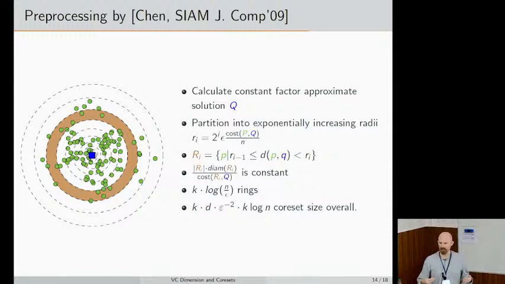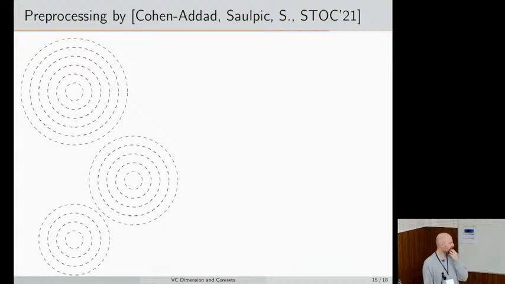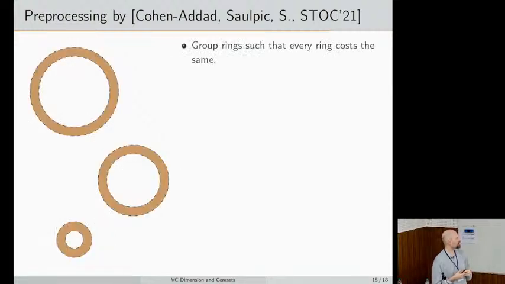So there are basically 2 ways forward. You could first try to get rid of log n, or you could try to get rid of k. We're going to get rid of log n first, and then also get rid of k in the final step. So what we're going to do is consider not just every ring in isolation, but group them in some way. The way the grouping works is that all of the rings that cost the same, I'm going to put into the same group.